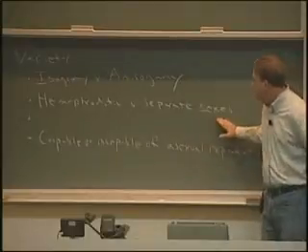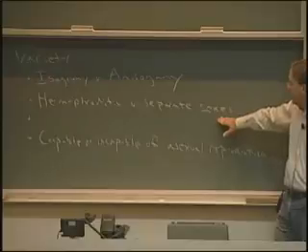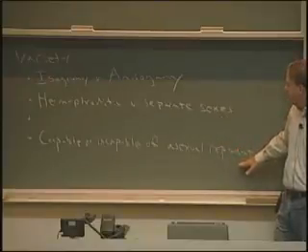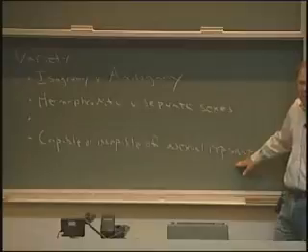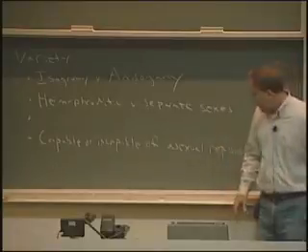I talked about hermaphroditic versus separate sexes, hermaphrodites being those species that have both sexes in one individual, sometimes at the same time, sometimes sequentially. And then I talked about some species being capable or incapable of asexual reproduction. This is what's truly cloning, where you do not have recombination or independent assortment occurring. I did mention that there are some species that go through several generations of asexual reproduction, followed by maybe a generation or two of sexual reproduction. I did forget to mention one thing, and that is